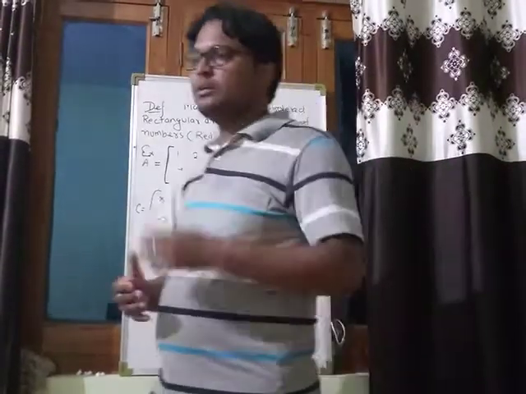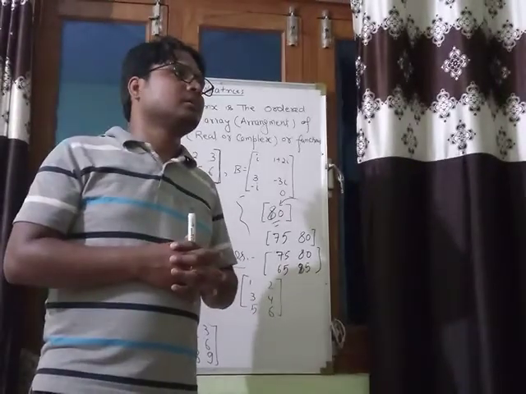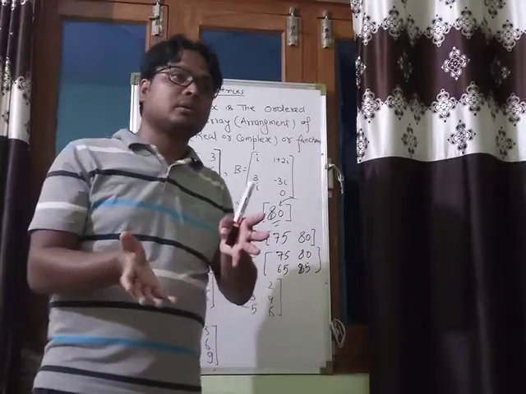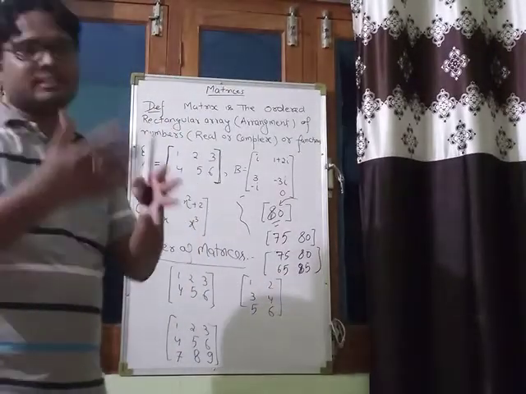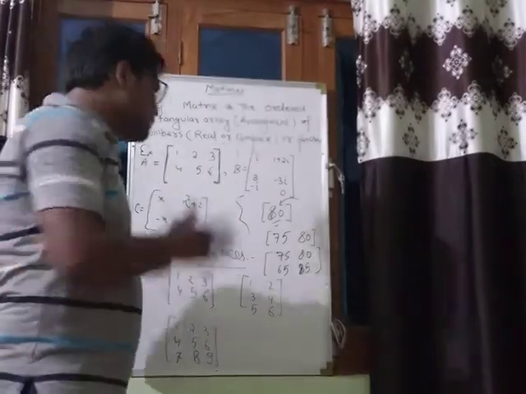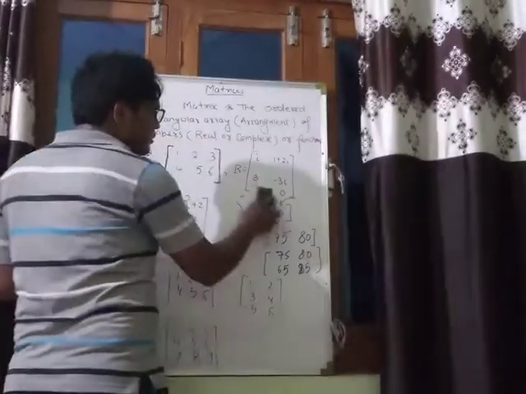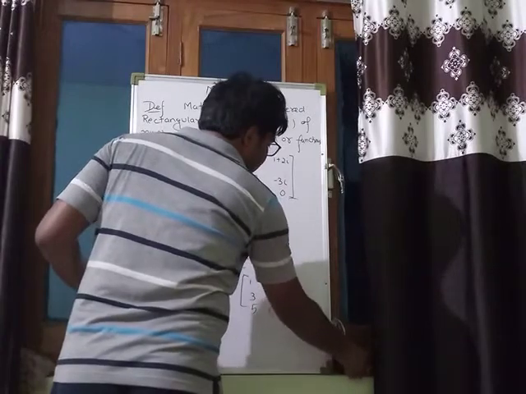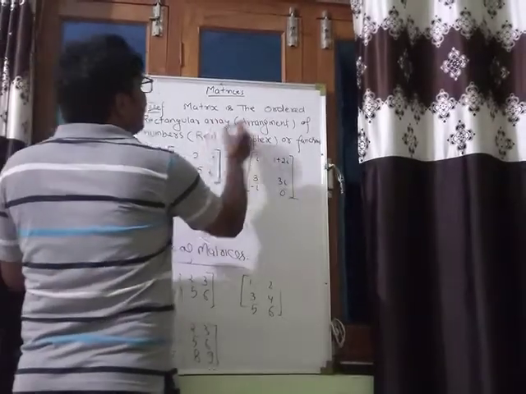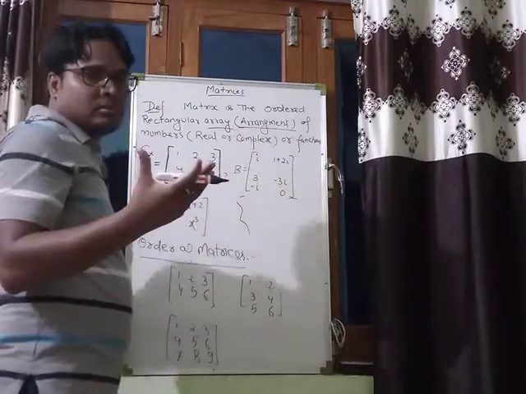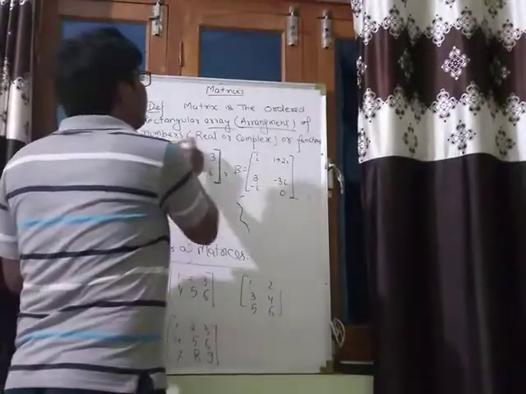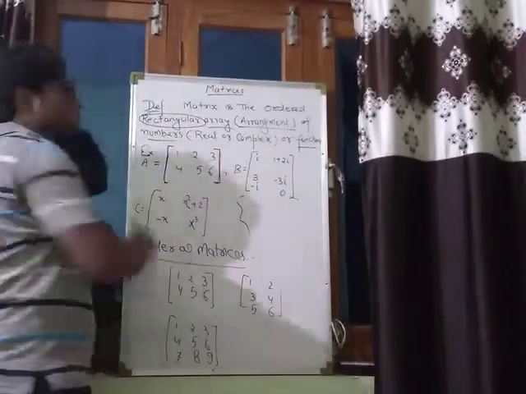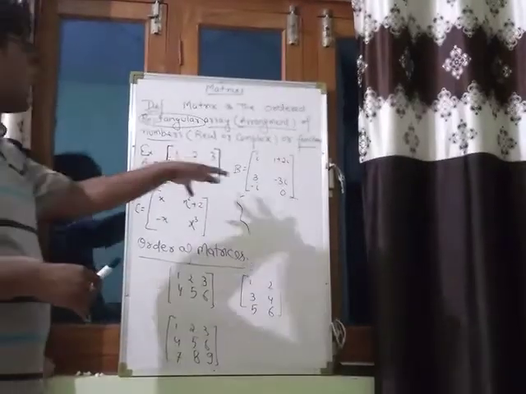You can also see there are several questions that come in our knowledge which are converted into matrices. So simply understand this: what is a matrix? It is an arrangement, also known as an array of numbers or functions. And which type of arrangement? Rectangular arrangement. Okay, and there are some examples I have given you.